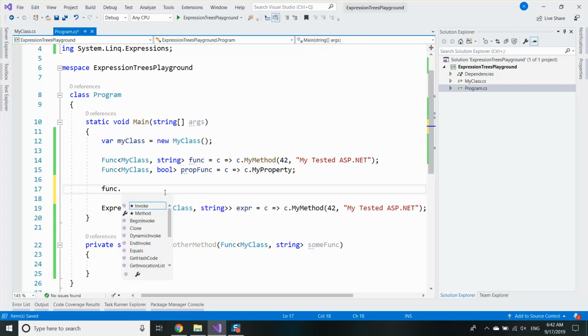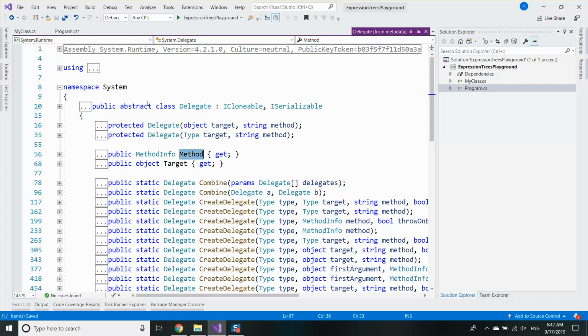If you check what you can see here from the function, you can invoke it, which is essentially the same as writing it like this. There is no difference between the two syntaxes, and you can get a method info,